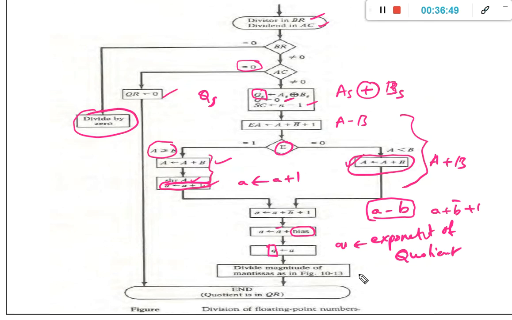Finally, we are going to perform the divide operation of the magnitudes of the mantissas, as per the division algorithm we have seen in the previous classes. Okay. And then stop the flow of execution. So the additional operations we performed for the division algorithm are these operations: this particular operation, this particular operation, and these normalization operations. Like this we are going to perform the floating point division operation, that is performing the division operation for floating point numbers.